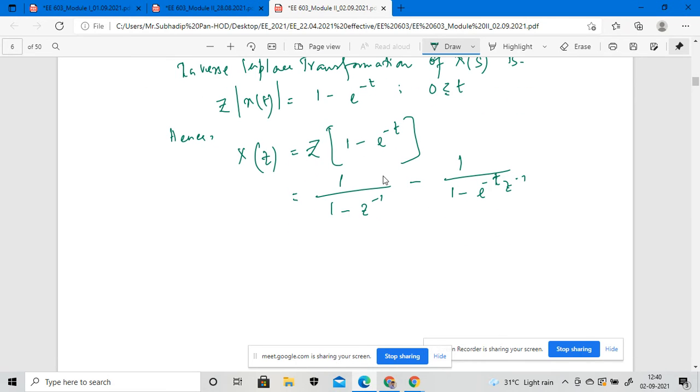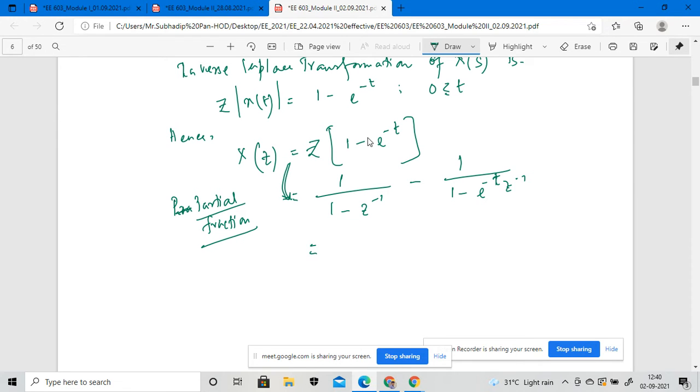That means we are expanding this function using the partial fraction. You should understand the partial fraction before doing all the examples. If you do not understand the partial fraction, you have to follow the mathematics book, to see how it comes from there.